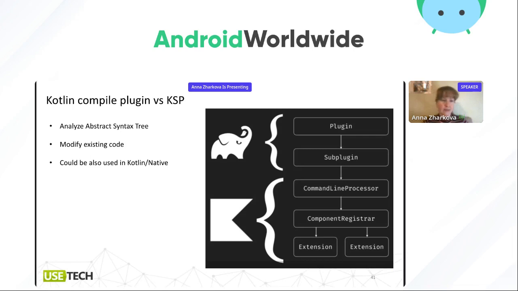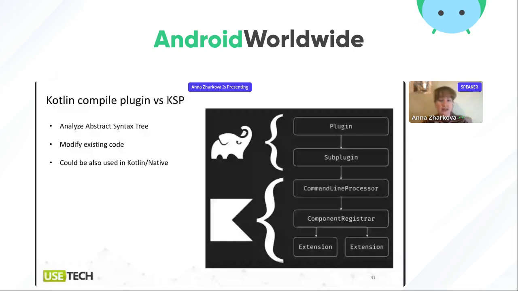They also analyze the abstract syntax tree, but they can be used to modify existing code. This sounds really nice because with Kotlin Symbol Processing, we generate a lot of code, and here is something that will modify our existing files. And no, it will not be stored in our files that we could see in our IDE, but during compilation, it will be embedded in special places. And in these places, there will be some kind of instructions. There will even be no stored generations. So how does this technology work? And there are a lot of difficulties